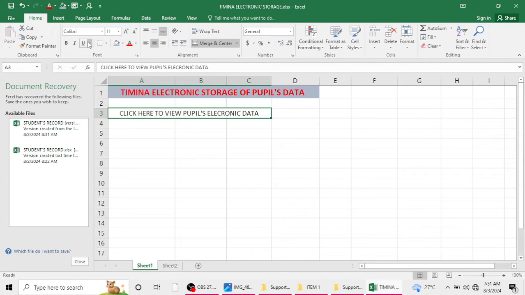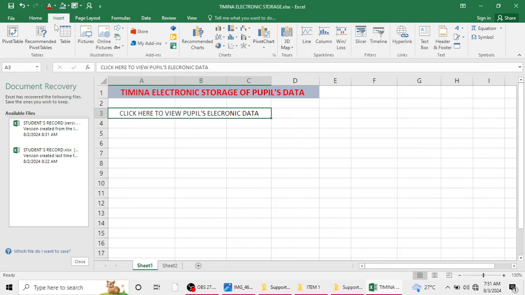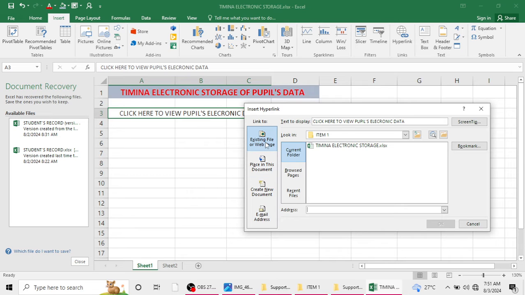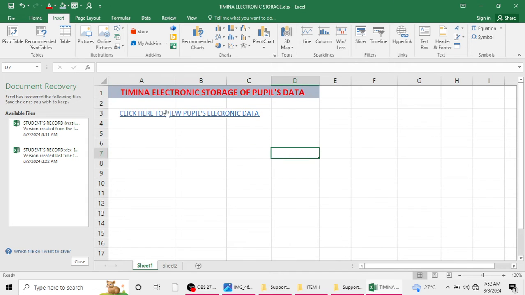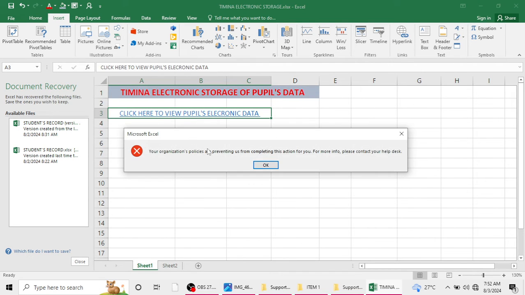I just click at it, then I go to insert, and then I look for hyperlink, then link to existing file, current folder. I want to link to an existing file, this one here, Timina, place in this document. Then I want to link to sheet 2, because sheet 2 has our electronic storage. Then I click OK. So any user who clicks at this is forwarded to